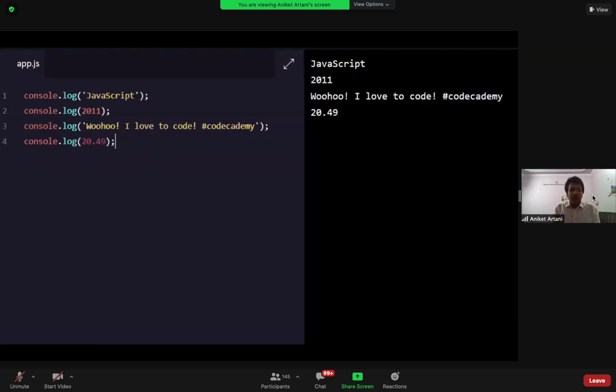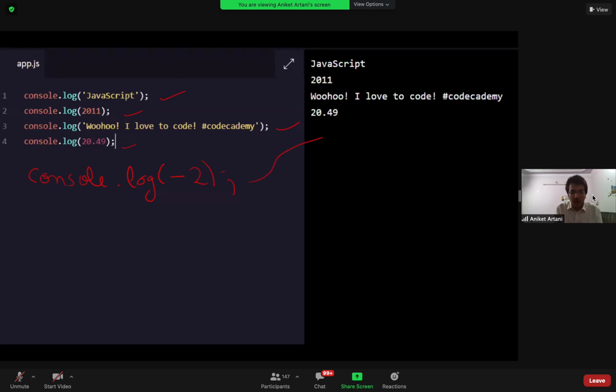Let's move ahead. What are we printing here? We are printing the string JavaScript, and here 2011 as a number. Again, string. For string, what have we used? Single quotes. And here we are printing 20.49. And someone has asked what if they put a negative value, console.log -2. Then you all can answer this.